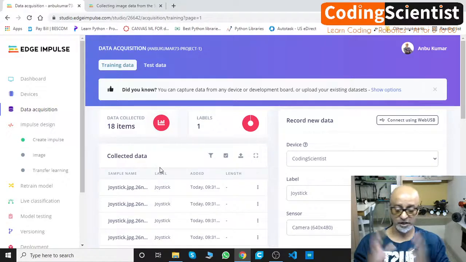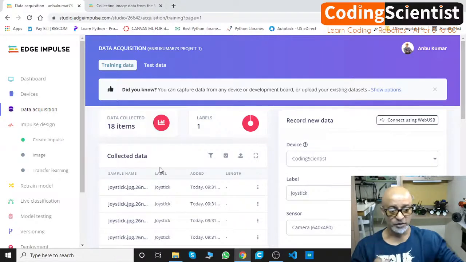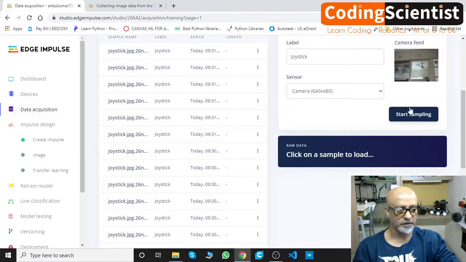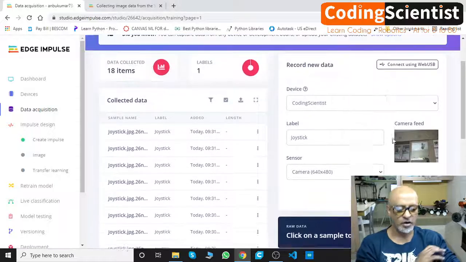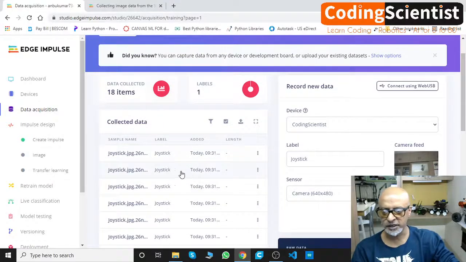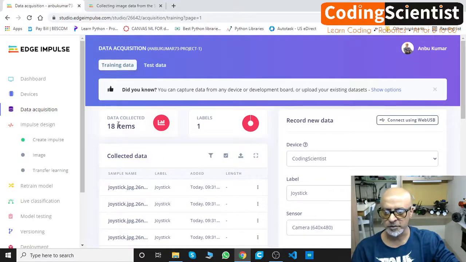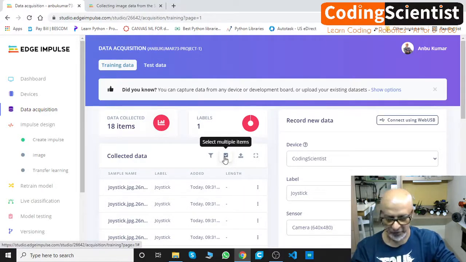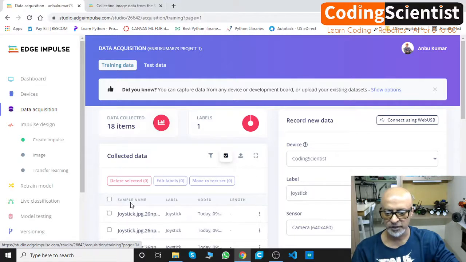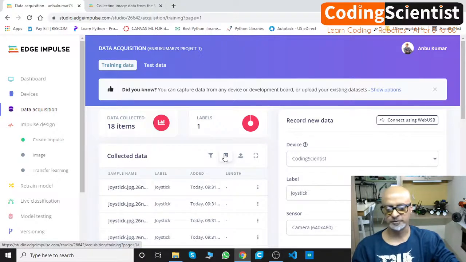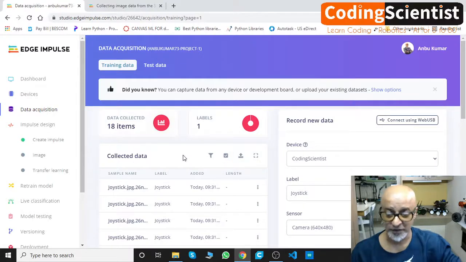Okay, guys, I got the logic. I'm able to figure out the logic. So the way when we collect the data here, start sampling, it automatically goes into the training data bucket. From this training data bucket, we need to select about 20% of the images and move them to test. Okay, now the logic is clear. It looks simple, but we struggle, right? Anyways, now,